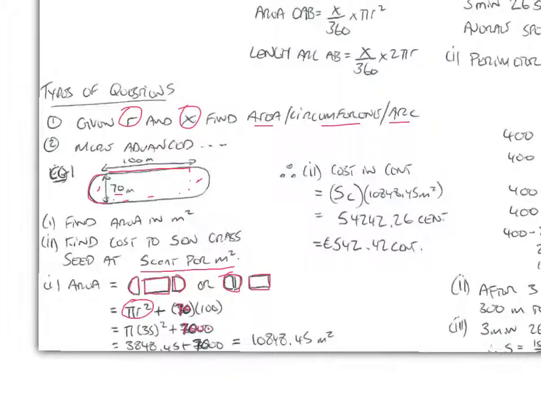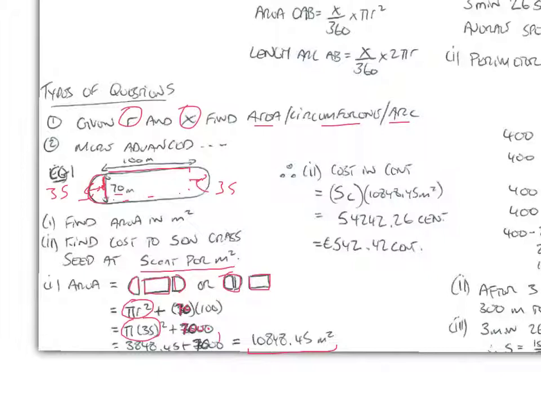And for pi r squared here, we use 35 because that's 70, so half of that must be 35. The radius of these two semicircles is 35. So pi r squared works out at 3848.45. Add that to your 7,000 here, and you get an area of